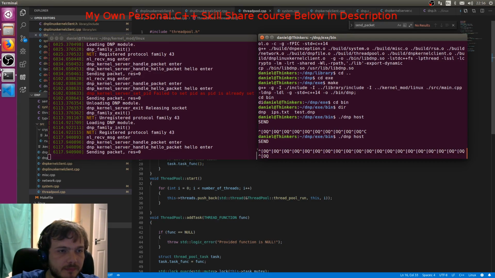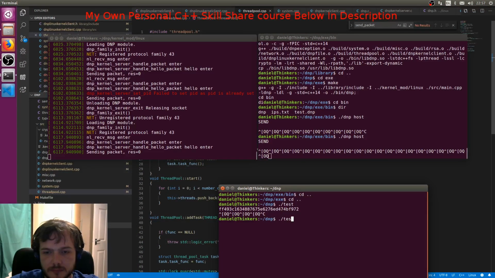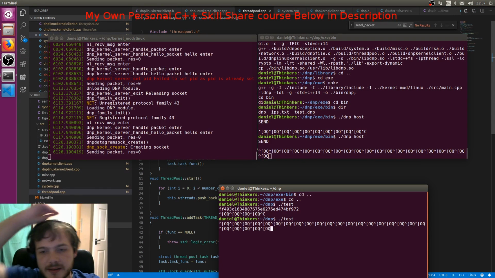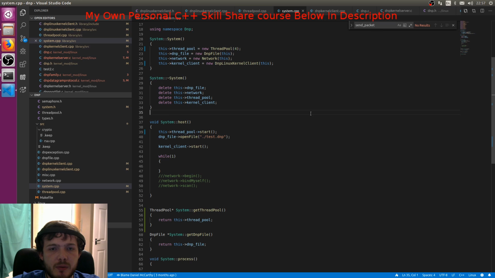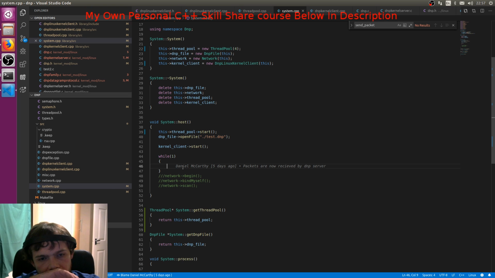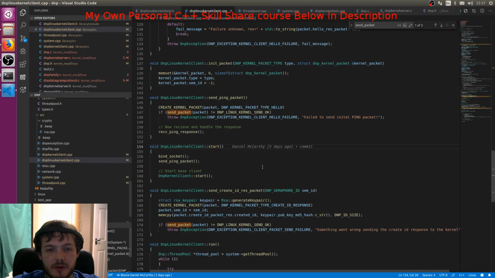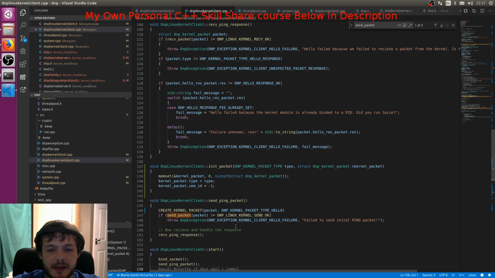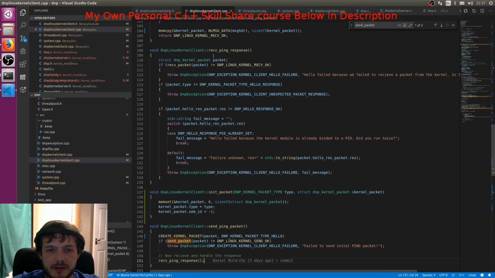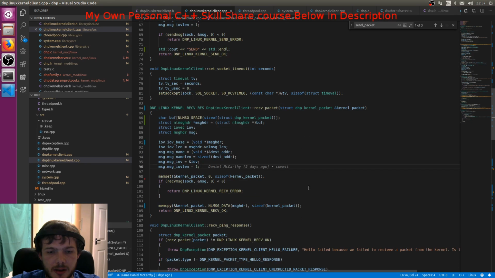Looking good. Now we sent our test packet and nothing happened. I think what's happening, I think we are leaving scope? It can't be, there's a while loop there. We start the kernel client. That starts, sends ping packet and whatnot. Receive ping packet. What does that do? Does that work? So we come in here, receive packet, and then